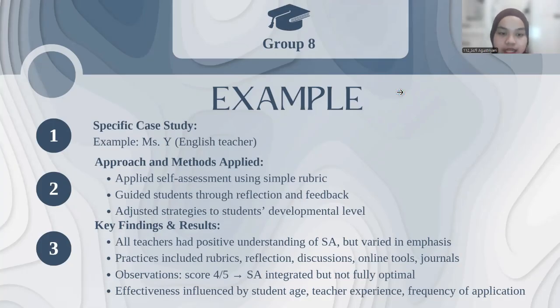Overall, this study highlights the potential of self-assessment to support student learning, while also showing the challenges teachers face in applying it consistently. That's all, and the next slide will be delivered by